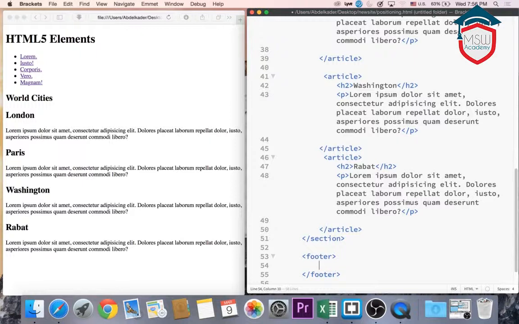Shift and ampersand. You know the ampersand. So shift ampersand, then copy, and then you know the semicolon, space. This one is just going to give us the copyright symbol. Then you do the company name or